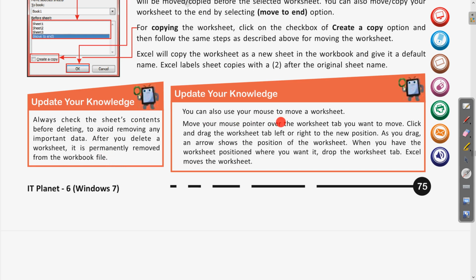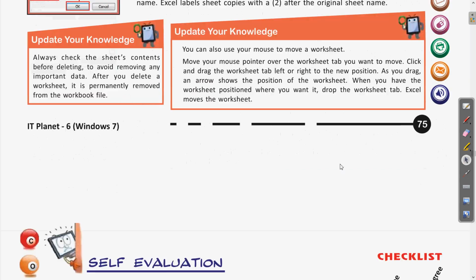Now you can also move your mouse to a worksheet; by dragging that sheet to any position, the sheet can be moved in the workbook. Clear?